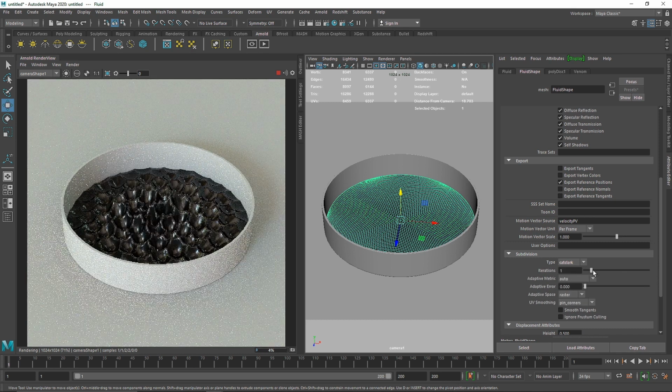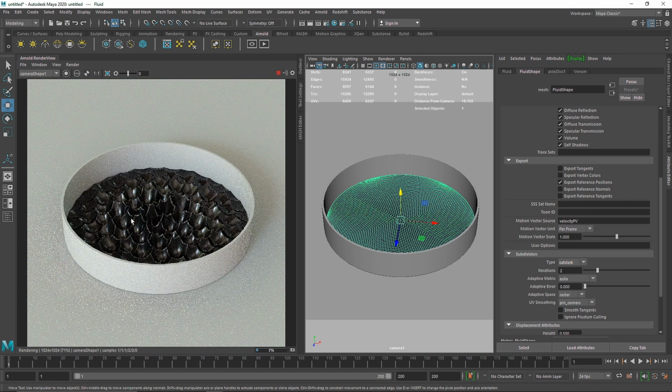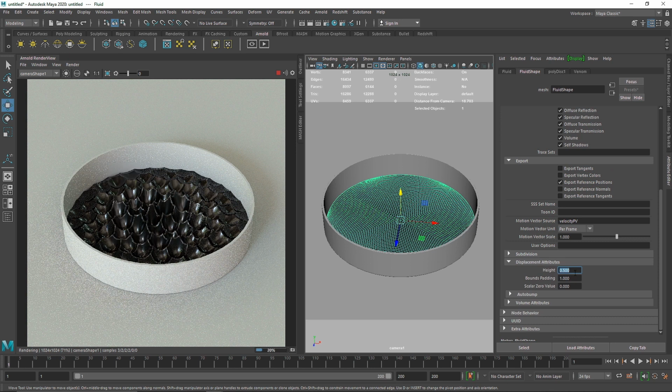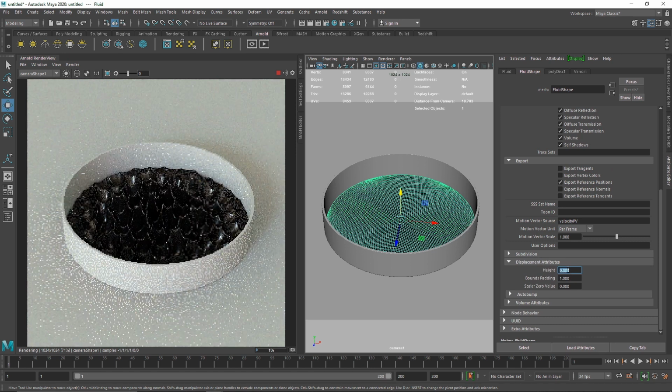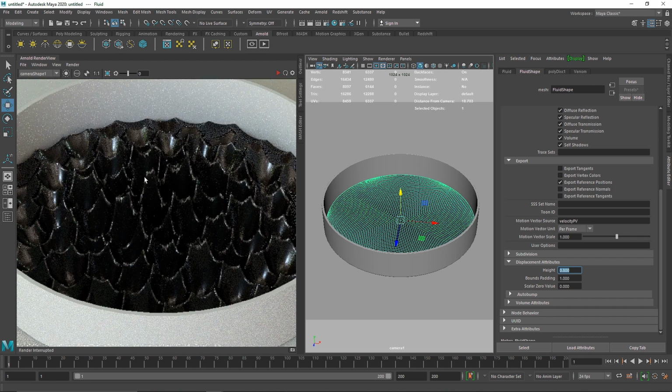So this is a procedural method. Instead of having a lot of geometry in your scene, in your viewport, what we can do is apply some more subdivision that will only be rendered in our overall IPR here. That way your system doesn't slow you down. Alright, so the next thing I'm going to do is increase some more height, maybe like 0.8. And the one thing you'll notice is the effect is kind of a negative, not exactly how we wanted it.